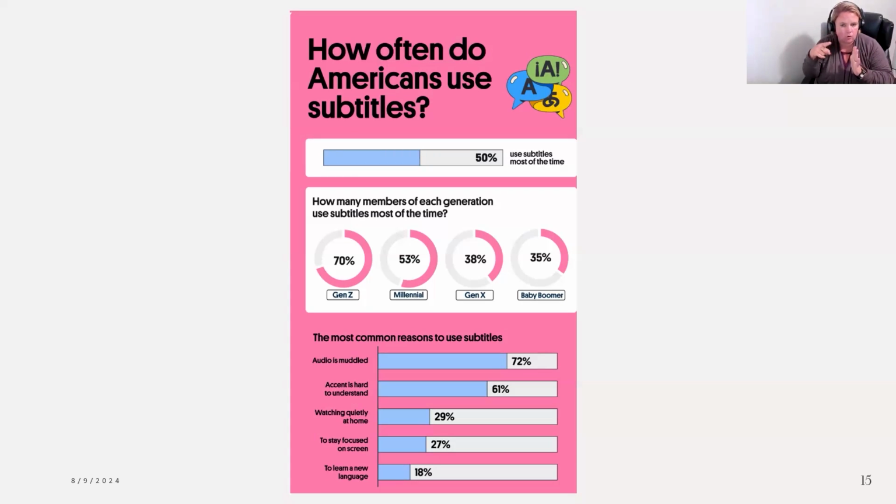Right? So I'm going to pick on somebody like Alan. Why do you use captions? Because the background in the audio is muddled, and it seems like the production of television and movies has made it harder to hear what people are saying. And so when you see the captions, you pick up the fact that there are many more sounds and words being said.